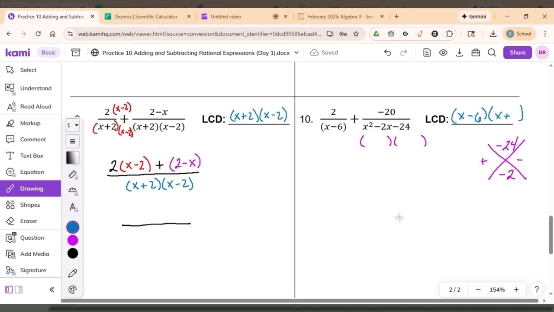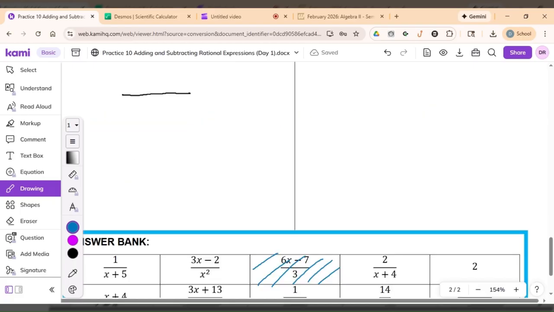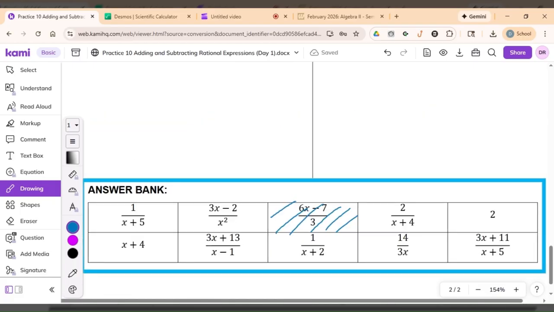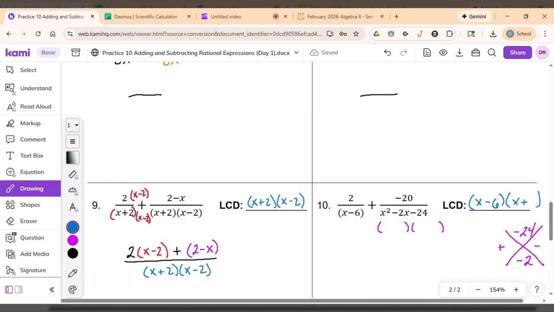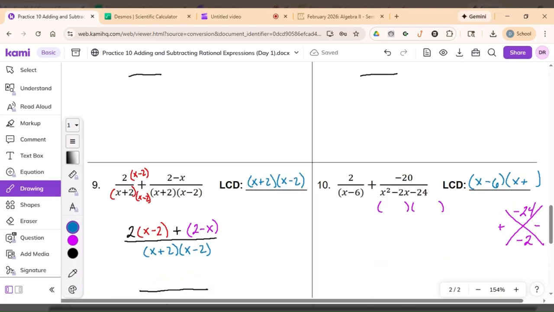Okay, so hopefully this was helpful. Use it to your advantage. Keep using that answer bank at the bottom to check your work as you go. If your answer doesn't match one of these, it might be that you just haven't reduced yet. So try to reduce your answers from 4 till the end. All right, good luck, and remember,